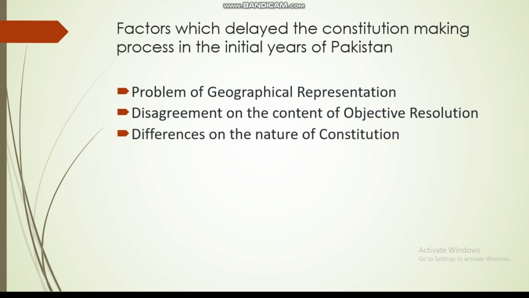Next, difference on the nature of the constitution. Usually the liberal and enlightened politicians were supporting a liberal constitution,